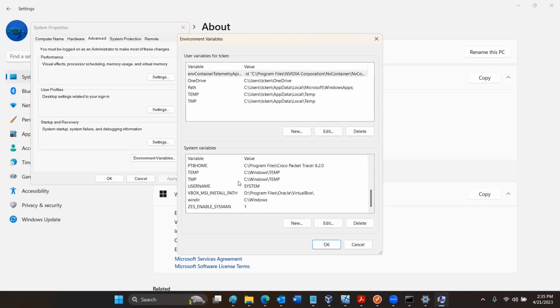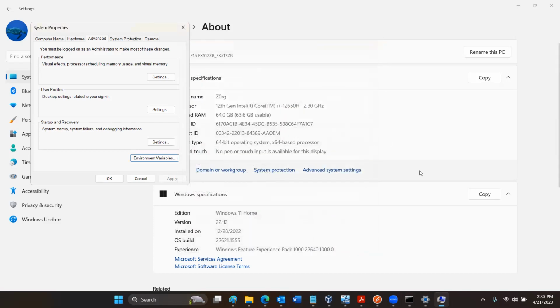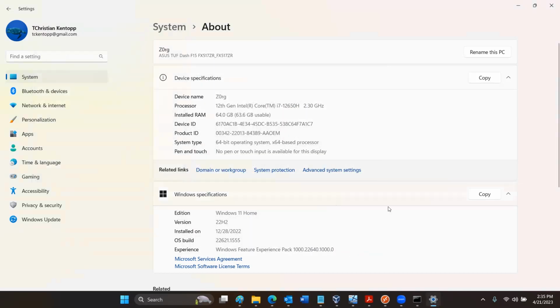And this is one that's really cool. Right here. Does everybody see username? Yeah. Okay. So right now the username is system, but actually in a domain environment, when you log in, and I'm going to show this to you, okay?